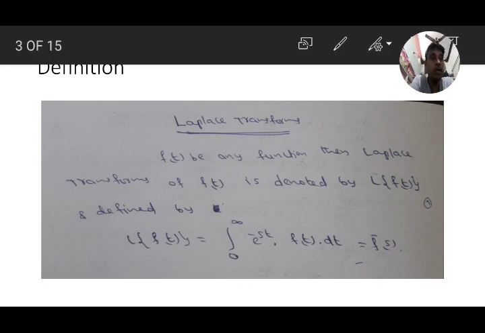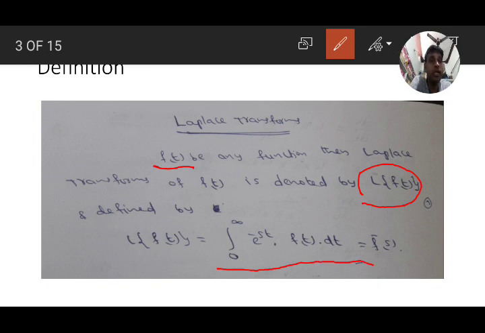If f of t be any function, then the Laplace transform of f of t is denoted by L of f of t. L of f of t means Laplace transform of f of t, and it is defined as L of f of t equal to integration 0 to infinity e to the power of minus s into t f of t dt. The value of this integration 0 to infinity e to the power of minus s t f of t dt,